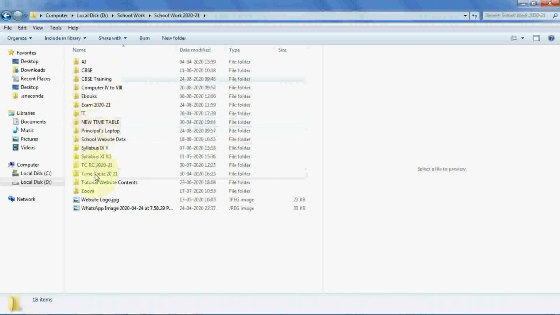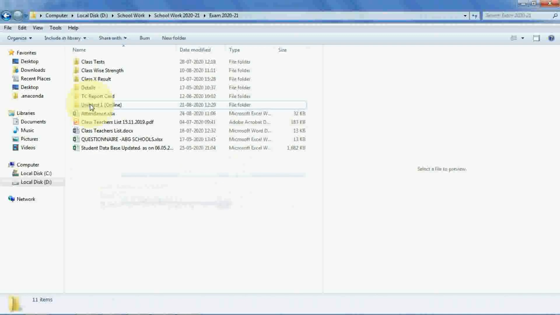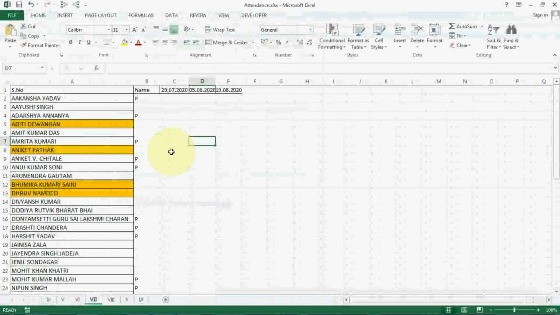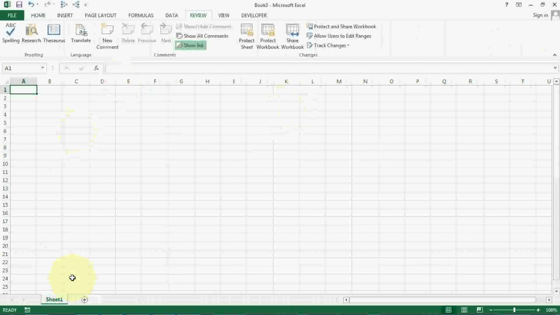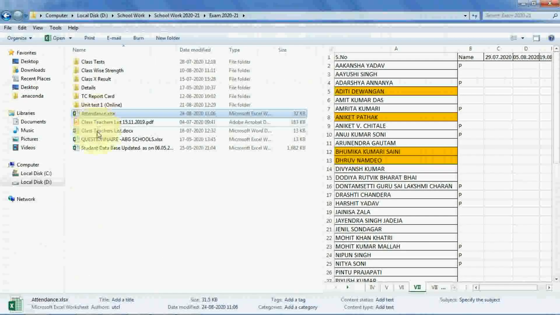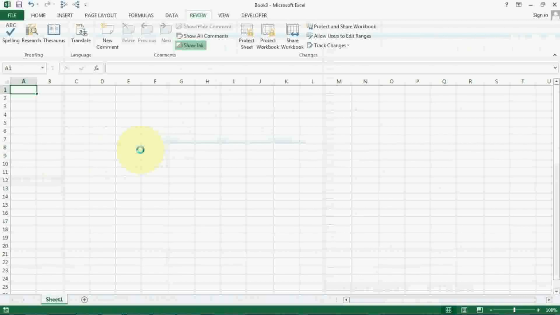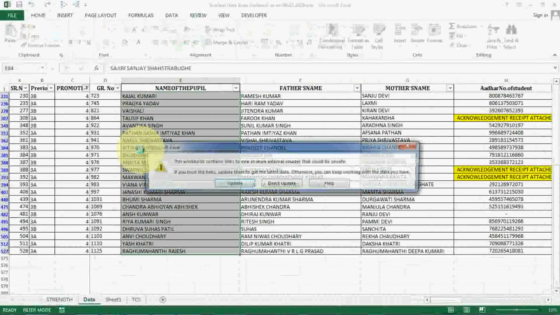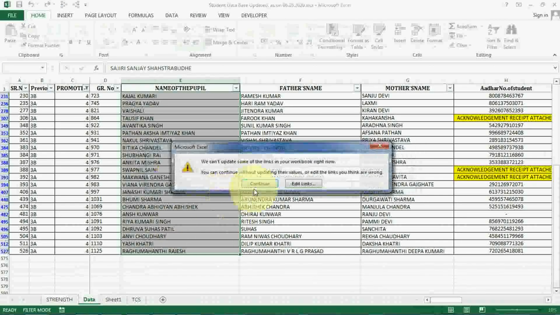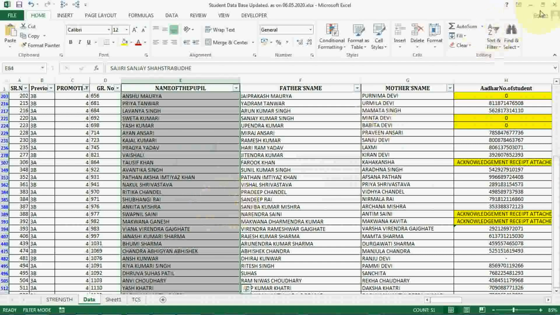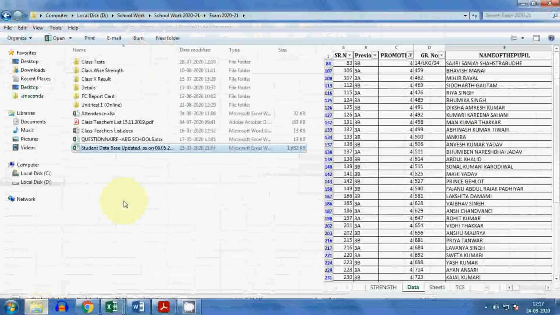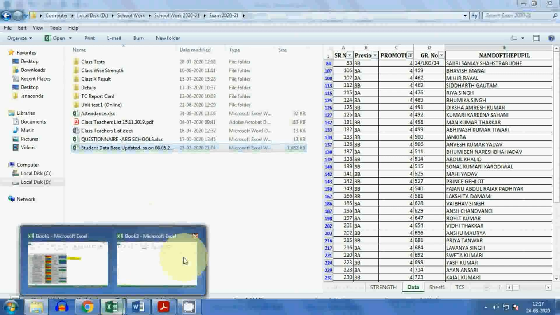Suppose timetable, exam, and this is also not shared. It is showing a message, enable editing or something like that. One more worksheet I am opening here. Here it is showing update, that is only due to a link. So it is also not shared. Okay, leave it. I will show you on this file only.